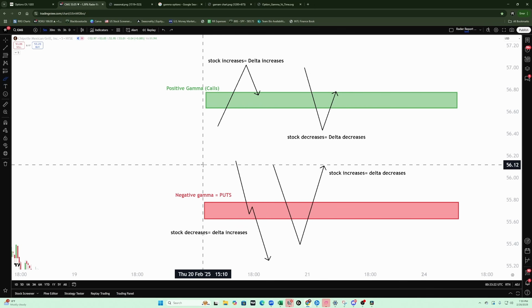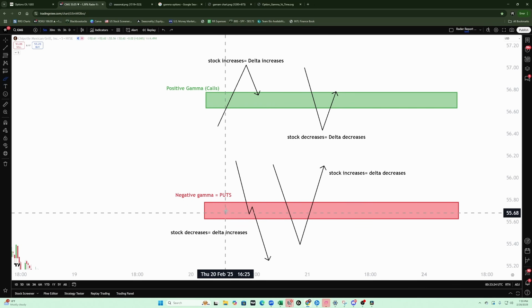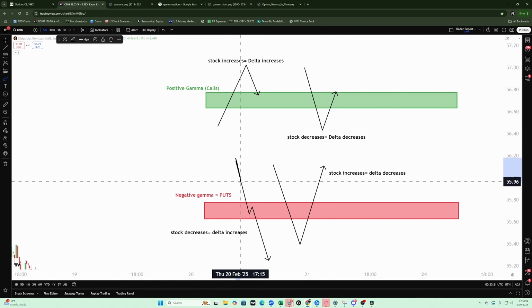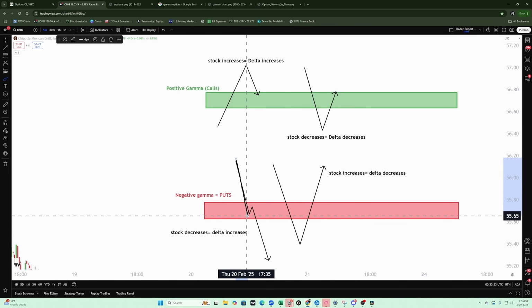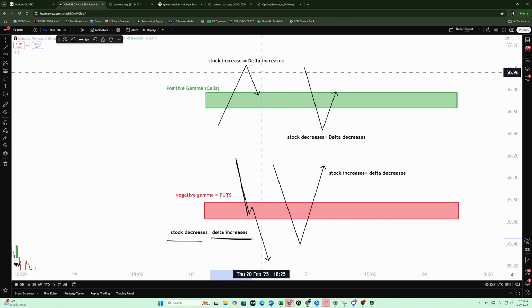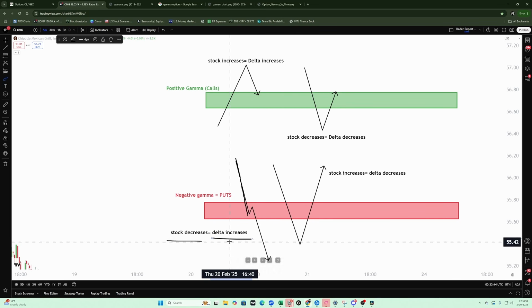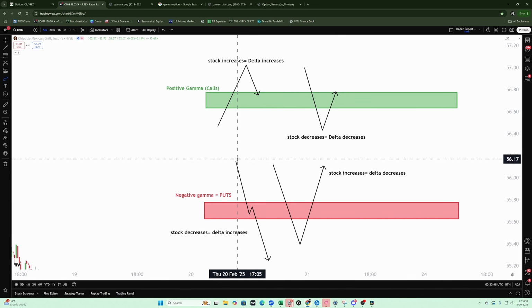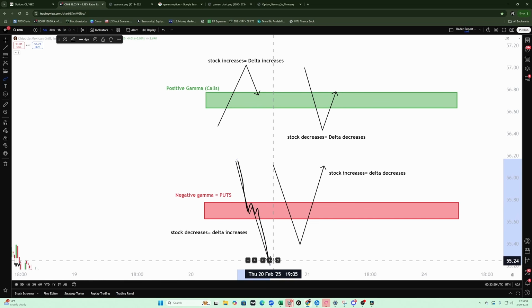Now, on the flip side, whenever you see a large area of negative gamma, this means there are a lot of puts there. Puts create negative gamma for a dealer or a market maker. And when the stock comes down into them, it's actually more directional. Put walls are more directional. Put areas are more directional. When a market maker has a ton of puts and the stock comes down into that area, the stock decreases and their delta increases. Like their delta increased here, they're going to start shorting shares. They're going to start selling shares, and that causes even more selling pressure into this level. However,